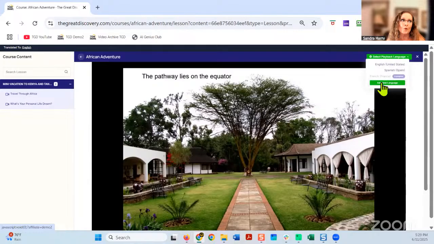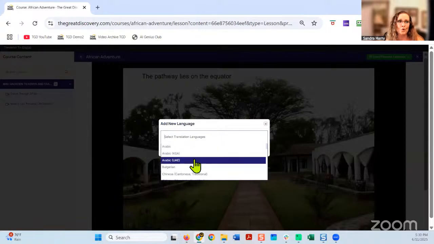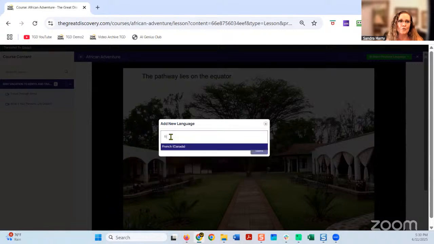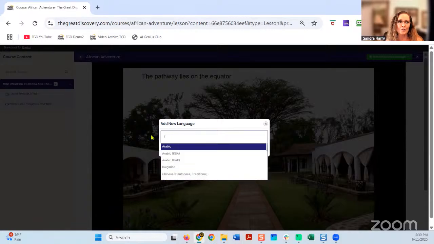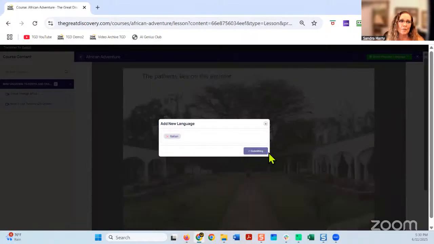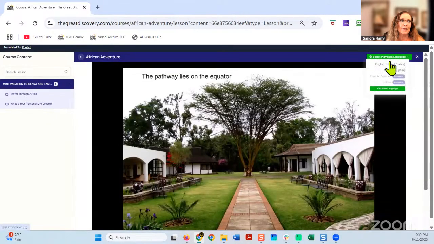So say we want to go ahead and add a new language. I'm going to click Add a New Language. I can come in here and scroll down the list and grab what I want, or I could just type it in. I'm going to type in French. Oh, I did French. Let's do Italian. Here we go. So I'm going to say submit. And it's going to run for a second. And then it comes back up and you'll now see that Italian is in progress.